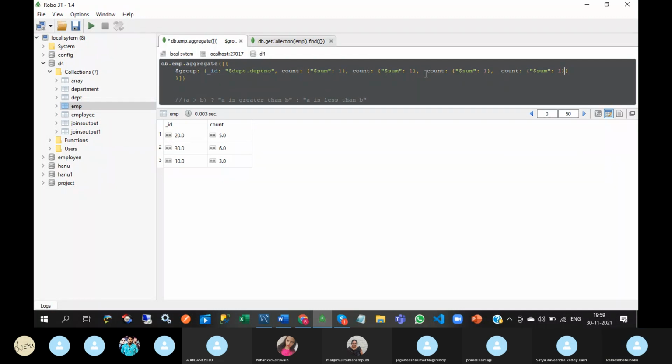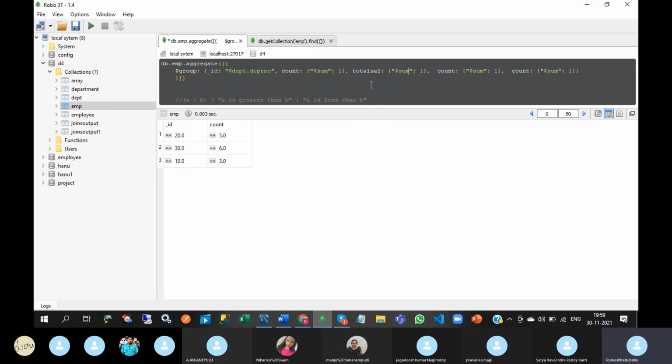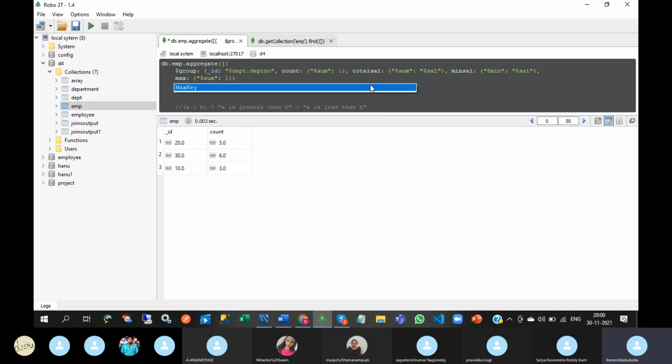So here total salary for this sum, and you give the sal column, then you will get total salary. And here minimum salary, you give the min operator, you will get minimum salary. Here you need to give the required field. Here max salary.